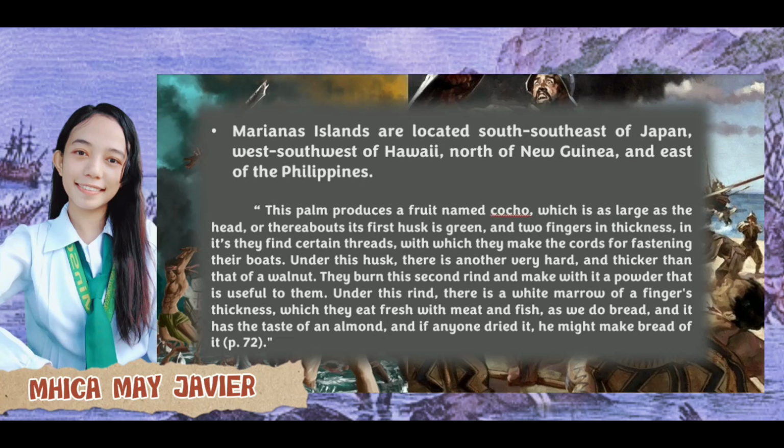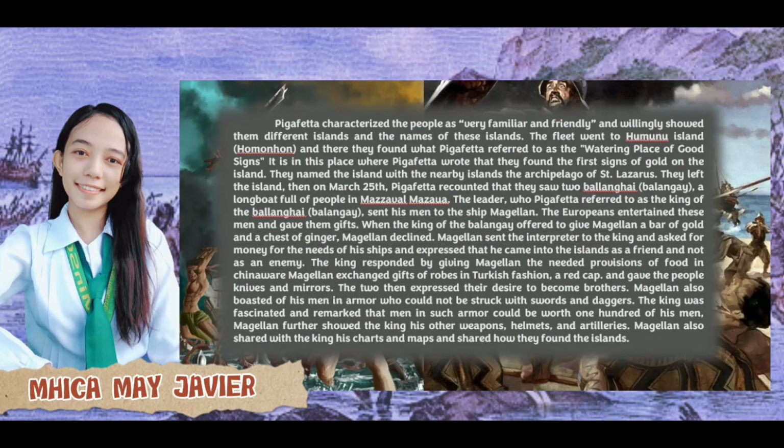Under this husk there is another very hard and thicker than that of a walnut. They burn this second rind and make with it a powder that is useful to them. Under this rind there is a white marrow of a finger's thickness, which they eat fresh with meat and fish, as we do bread, and it has the taste of an almond. And if anyone dried it, he might make a bread of it. Pigafetta characterized the people as very familiar and friendly, and willingly showed them different islands and the names of these